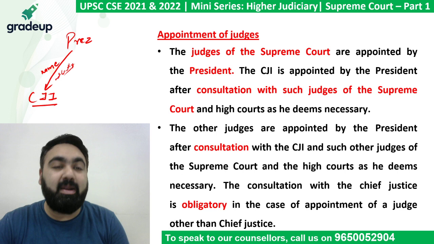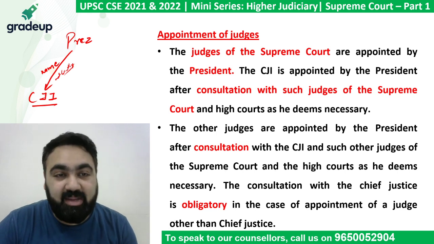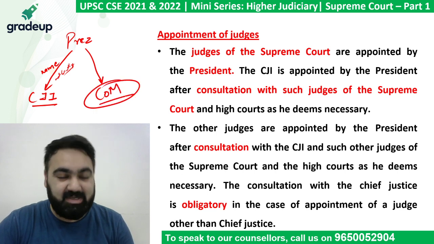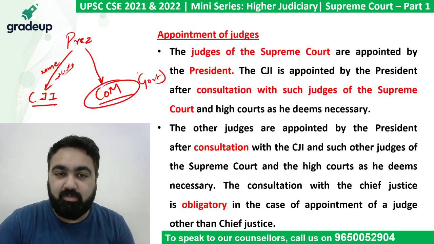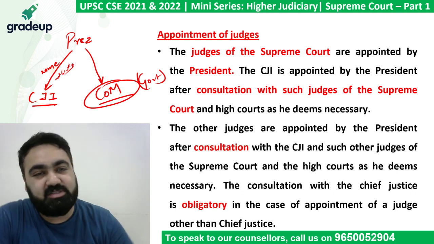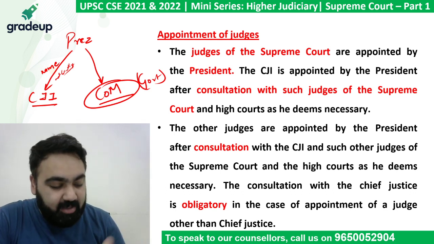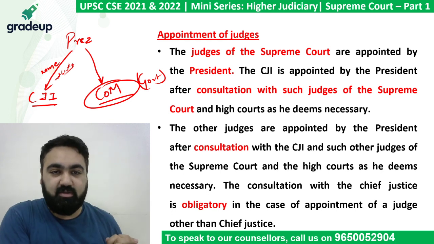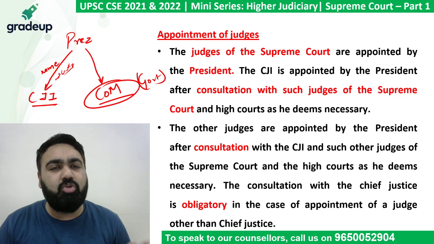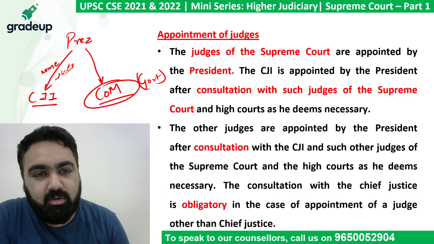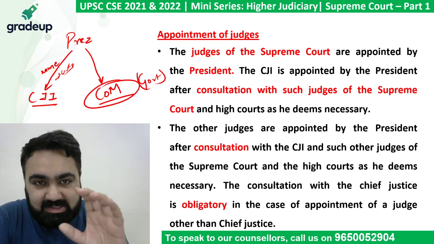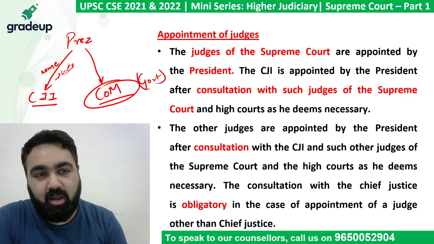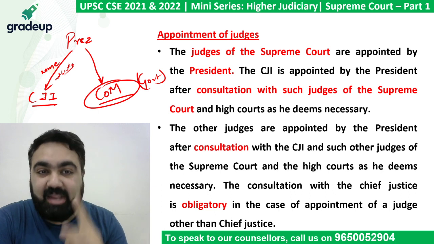If it is not binding on the President, that means that the President will listen to whom? The Council of Ministers, right? The President anyways does not do anything on his own. President has to listen by default to the Council of Ministers only. So if the President is not bound by the name given by the Chief Justice of India, then he will ask the Council of Ministers, "Bhai, you tell me who to appoint." Meaning that it is a struggle between the judiciary and the government about who will decide the next Supreme Court judge.